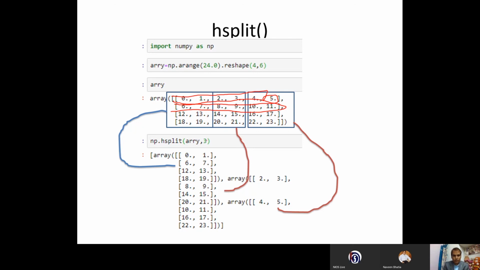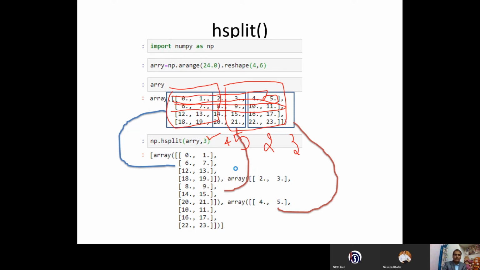One more thing, this you have given. Okay, if you give 4, if you give 5, they will check whether it is possible to divide into 4. How will you divide into 4? You can divide into 2, 3 will come, the remaining 3 will come. It is possible to divide into 2. It is possible to divide into 3 also. How will you divide in 4? You cannot divide in 4. Okay, you will get an error. So this is the way to split the array horizontally.